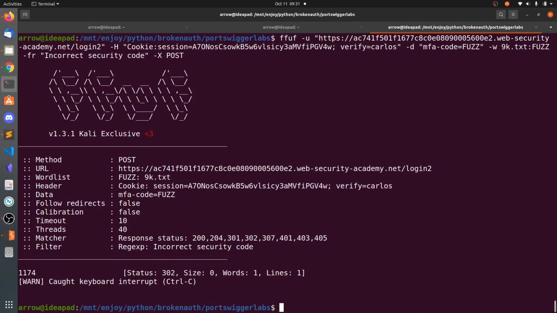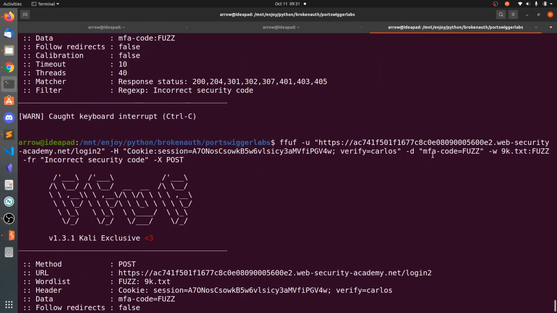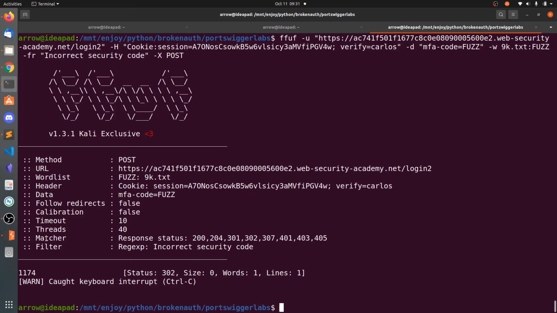Okay, sorry for this. I put a colon instead of equals in this data, so that's why it's getting wrong. So 1174 is the OTP code generated for Carlos.